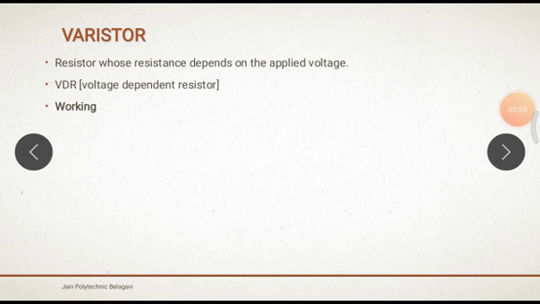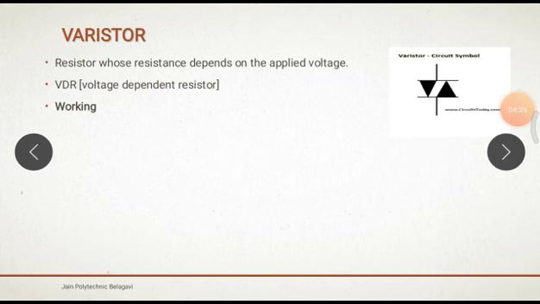Due to this, many equipments connected in the power line can get damaged, so to provide protection we use the varistor in parallel. The varistor is a voltage dependent resistor. If the voltage value changes, the resistance value also changes automatically. It is also called a transient suppressor, because it suppresses the voltage dips and spikes and protects the equipment from the voltage transient. So it is called a voltage suppressor.